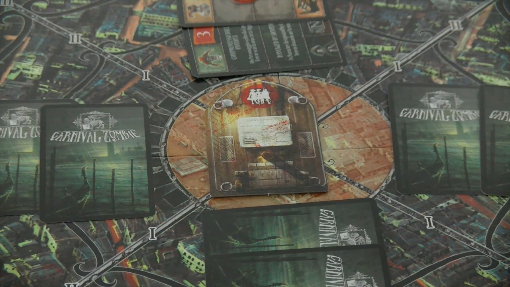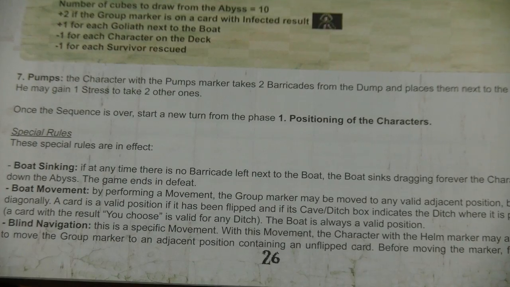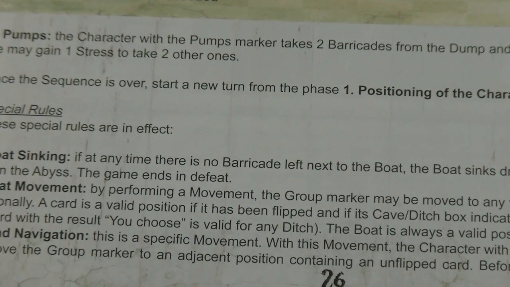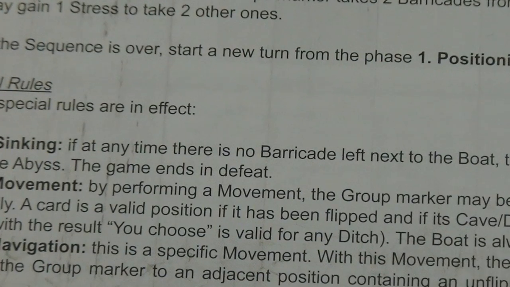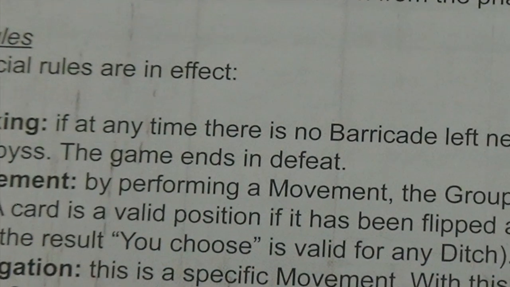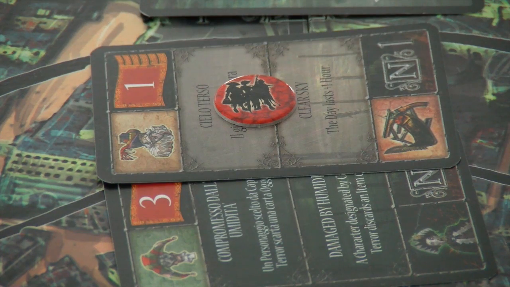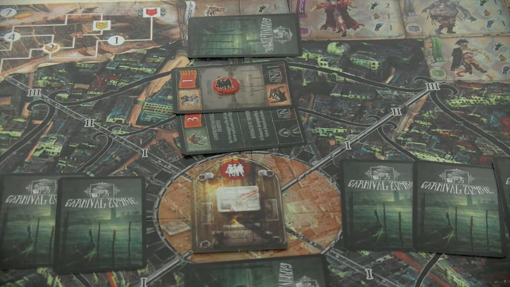We don't have them, and this means if at any time there is no barricade left next to the boat, it sinks, dragging the characters forever down the abyss. The game ends in defeat. And what I feared became true. Our characters are drowning in the lagoon of Venice. At least we moved our ship 2 spaces ahead, and